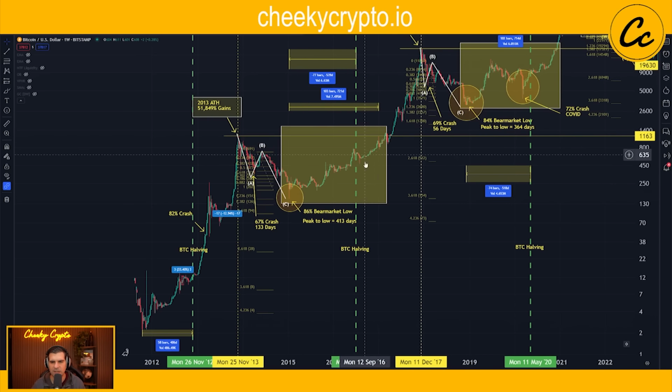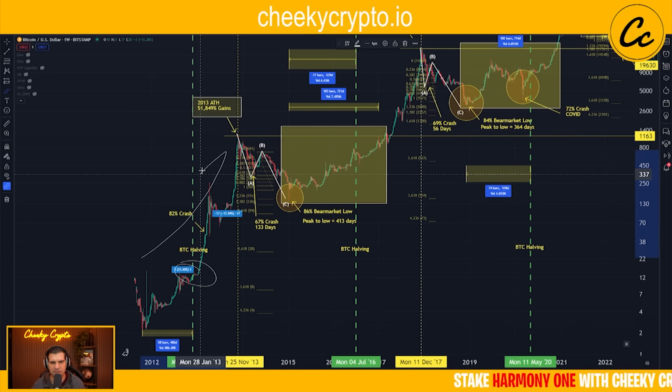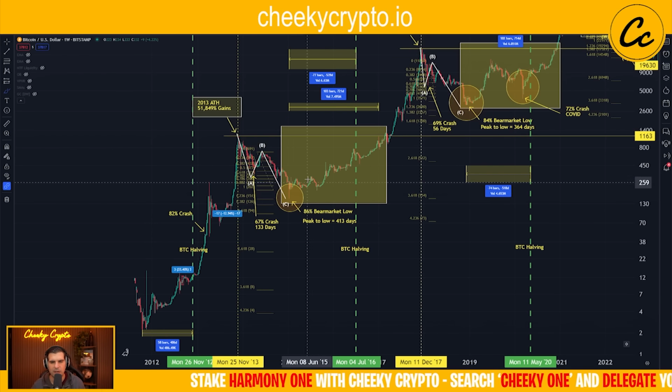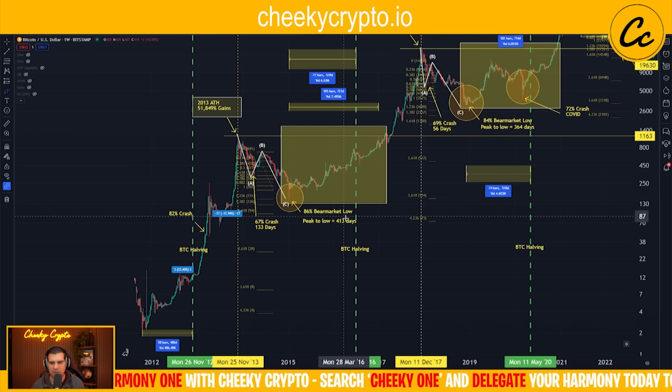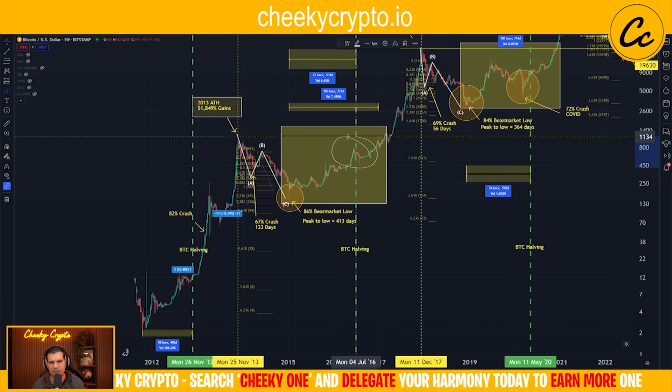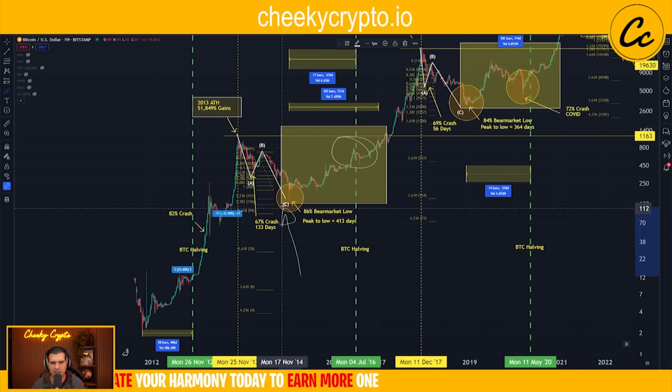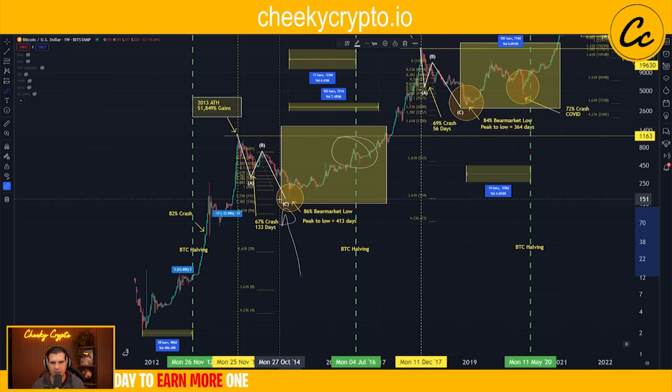And of course, with the next halving event, people just looked back and said, look, the Bitcoin halving event caused this fantastic run here. It didn't. It had an impact, but it didn't cause it. It just helped push things along a little bit. We have over here a very similar scenario, right? We had the bottom over here in 2015 for the bear market low, and we started on our ascent upwards into that next bullish market.